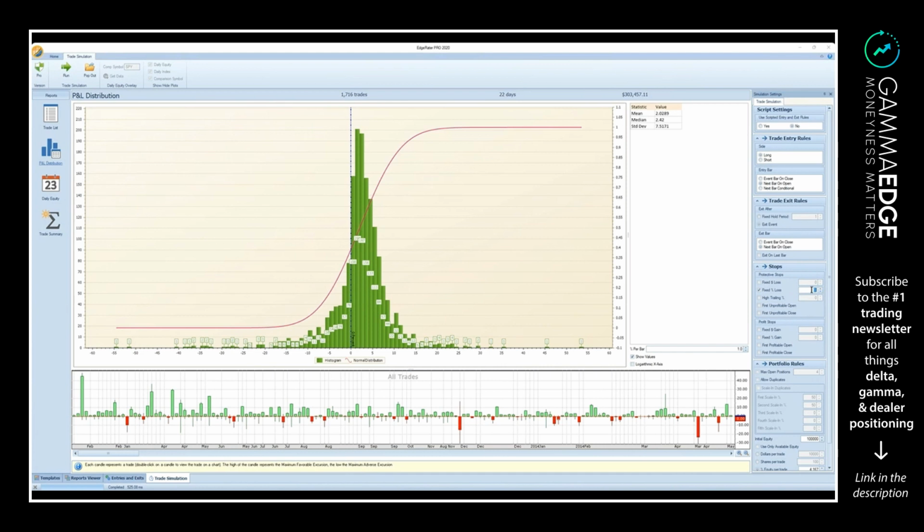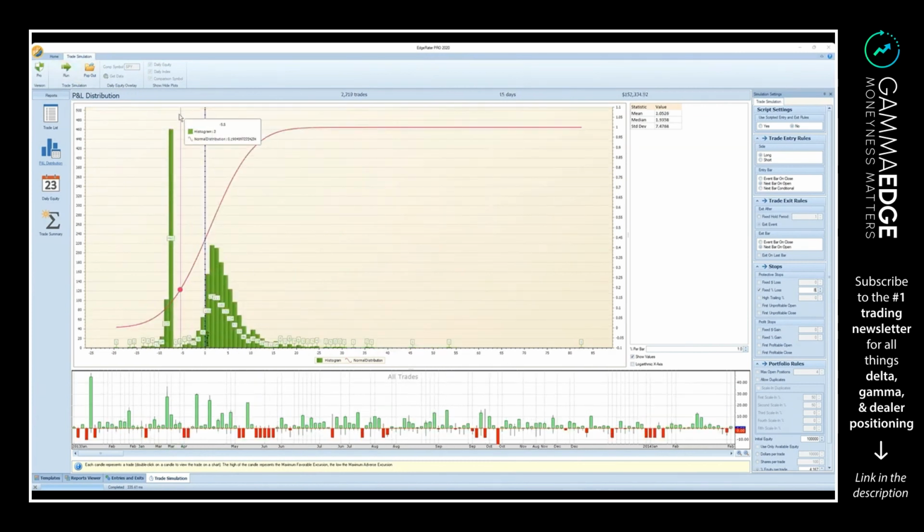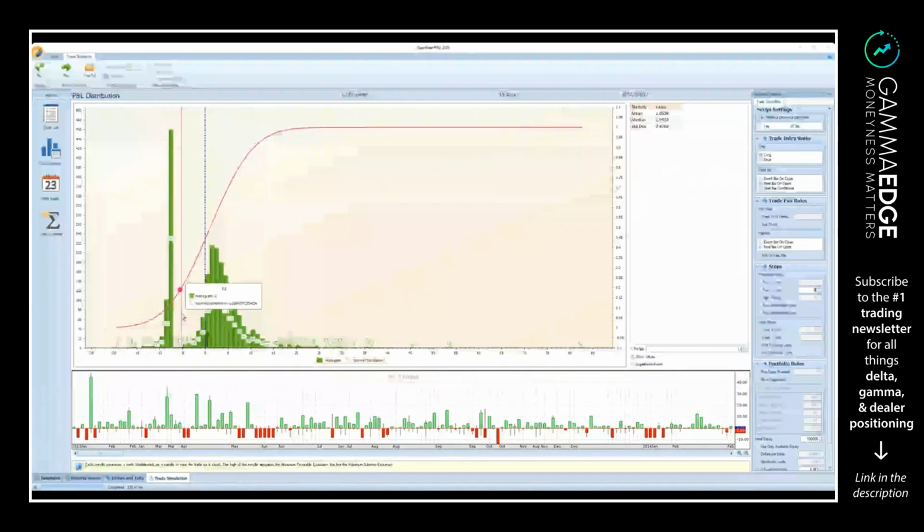IBD's famous Bill O'Neil 8% stop loss, I'm going to hit the run button here in a second. I want you to see how this distribution changes. Boom. All right. So I put an 8% stop loss in this system, which means that as the price falls, if it falls 8% or more, and there are a few that were more, right? You get the signal and then you exit on the next day. There's actually far more that hit that 8% spike than all of the peak distributions of all the other trades.